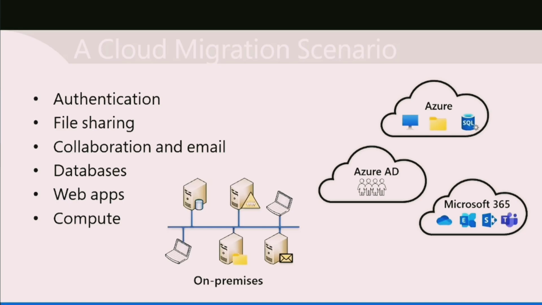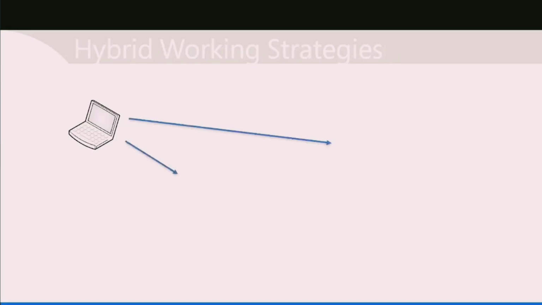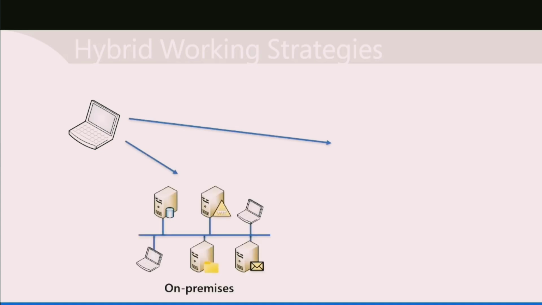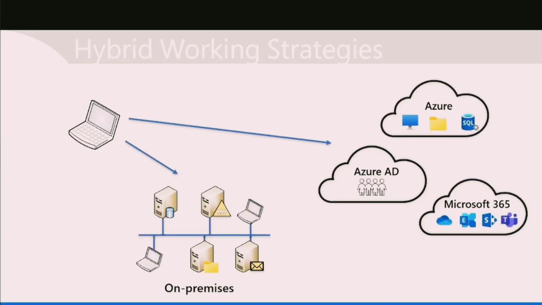So the drivers might vary for different organizations, and some might want to make a move wholesale from the on-prem environment in a rapid migration to the cloud, or others might need to operate in what we call a hybrid environment. So in hybrid scenarios, you have your on-prem environment and you have the services provided, in this case by the Microsoft Cloud. That's Azure AD, which provides the authentication, Microsoft 365, which provides a software as a service solution for messaging and collaboration, and then Azure, which provides platform as a service and infrastructure as a service solutions.